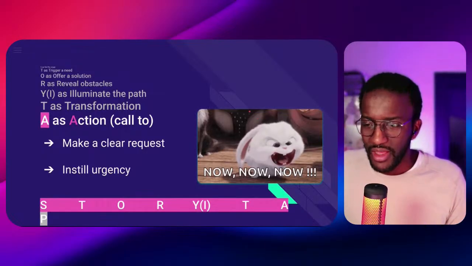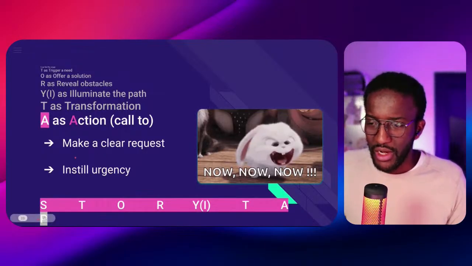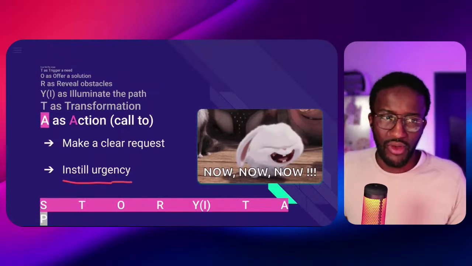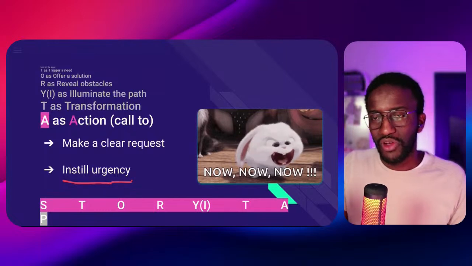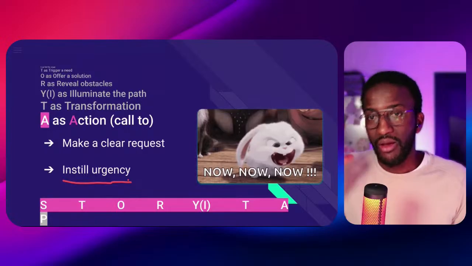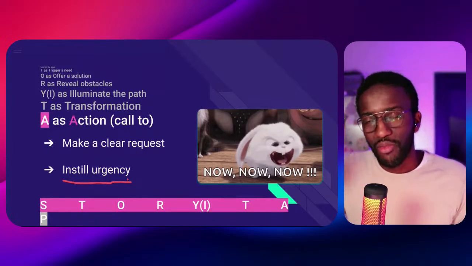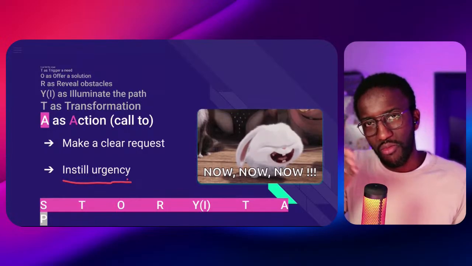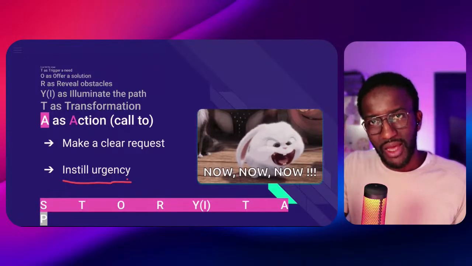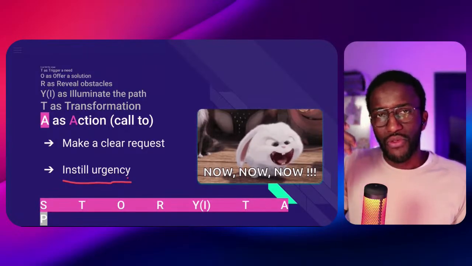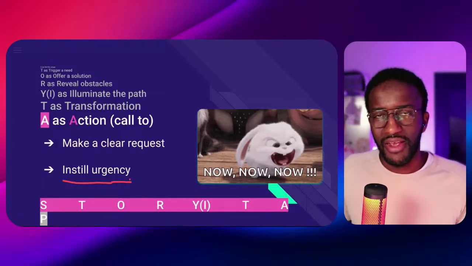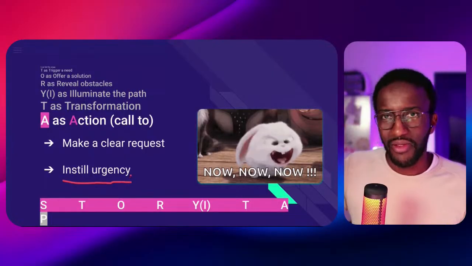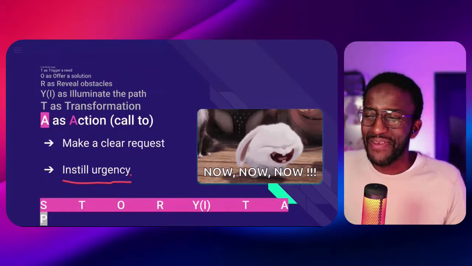So how can we achieve this? All the way, you have to instill urgency, because if you are telling a story and asking people to act, they should know why they should act now. Think again about that ticking bomb, those time constraints in movies, where if the hero does not defuse the bomb before 5 minutes, like in every great American movie, the world will end. So it's really important.